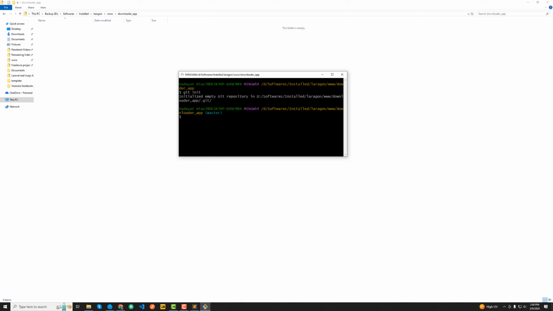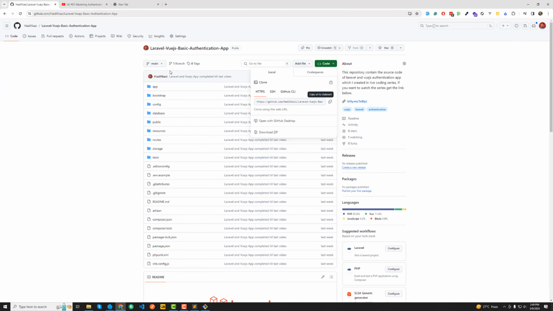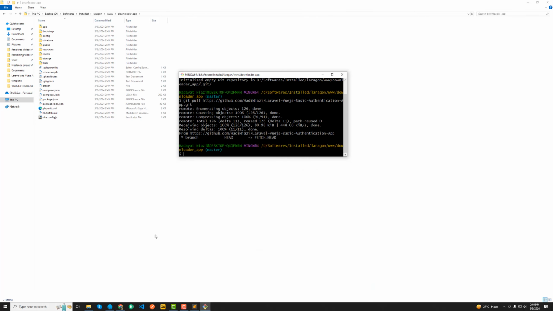And now I want to pull the code. So just type git pull, right, and specify the origin which you copied earlier from the GitHub. Hit enter. So it will pull all the code from this GitHub repository, right? And then we will need to set up this, and yes, it's completed, right? So I want to move this into this folder, cd